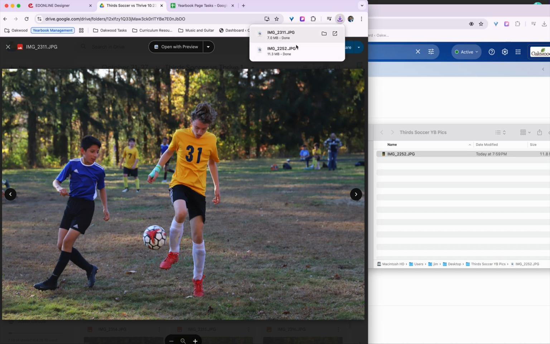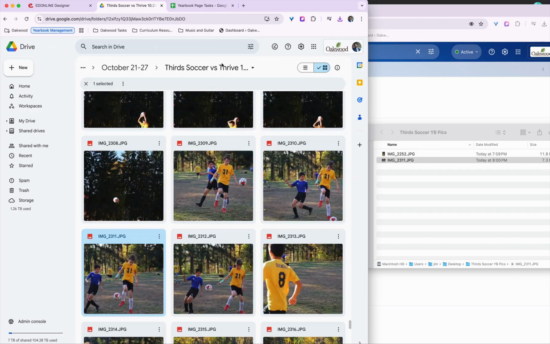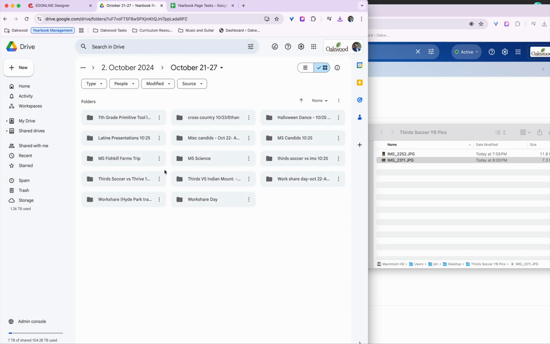And we are going to find where it is. I can see right here. I'm actually just going to drag it into my desktop folder. It says Thirds Yearbook Soccer Pics. Awesome. So let's pretend that I've gone through a whole bunch of these, and I really, really need you guys